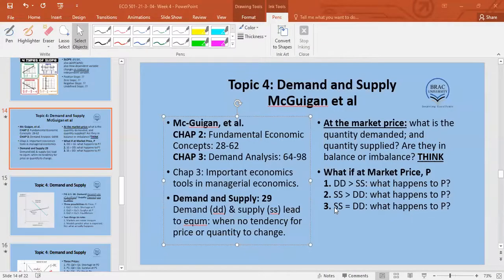The other case is that demand is less than supply. That means supply is more. So when supply is more, price will definitely have a downward tendency to fall, right? When there is a surplus, if business houses find that their stock is unsold, what do they do? Don't they reduce the price with sales and so on? Yes, sir. So what the business houses do, they reduce the price with sales and so on. Okay, so now economics is obsessed with this one. If at the market price supply is equal to demand, will there be any change in price?